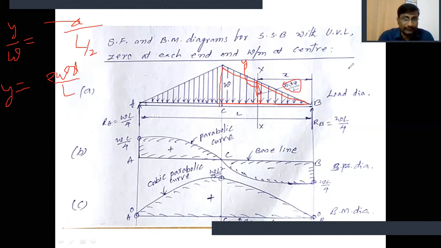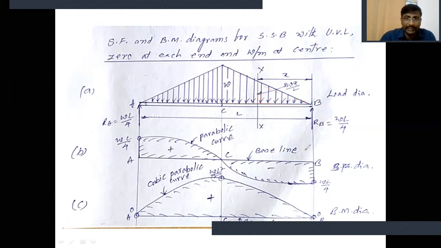Like that, we first have to find the height of the triangle. Only then can we find the area of the triangle and then the load on the right side of the section. Therefore, the shear force at XX, Fx, is equal to the algebraic summation of all the forces acting on the right side of this section. On the right side of the section, RB is there and the load is there. RB is in the upward direction, and upward direction in our convention is negative.